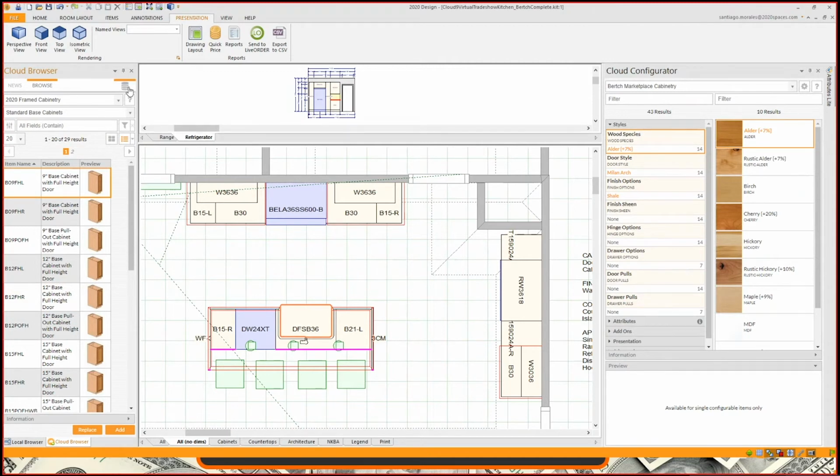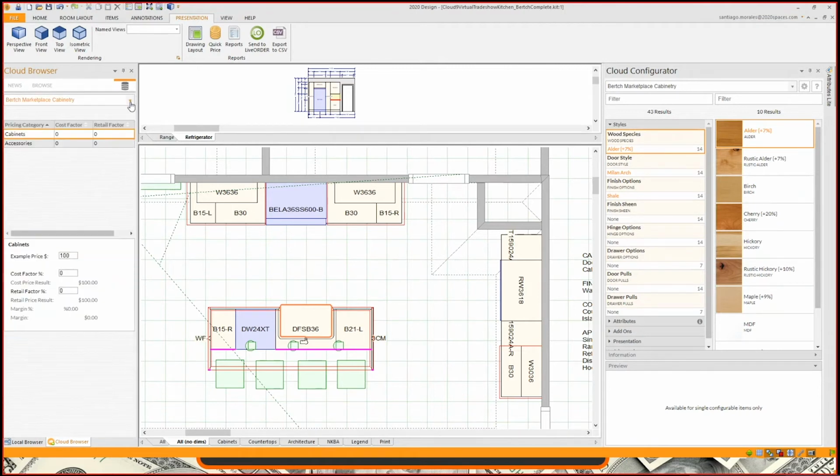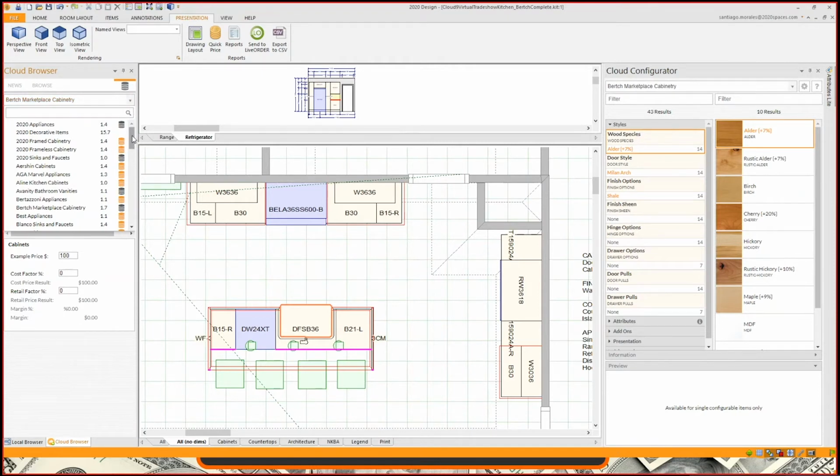But there's also this little icon, which is display pricing categories. It looks like a coin stack. Basically, when you click over here, this provides you access to the rates editor, so how you can add or compose the cost and retail rates. So here are the same selection of catalogs that are available from your cloud browser. I'm just going to select, in this case, Birch